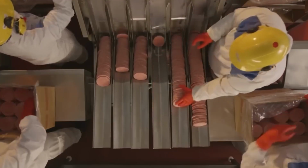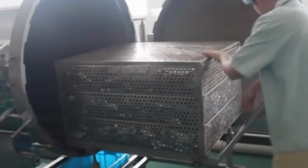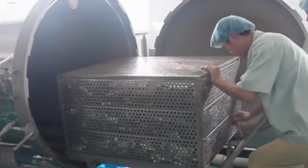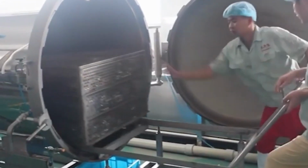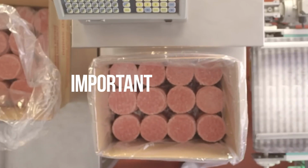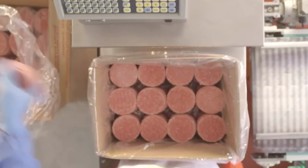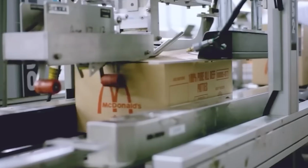Another important step in making sure the plant-based burgers don't go bad on the way is packaging. To prevent freezer burn and contamination, the patties are packaged in a vacuum-sealed container. Automated devices in the packaging process can seal hundreds of patties per minute. Important information, such as ingredients and best-by dates, are labeled on every package. After being wrapped, the patties are placed in boxes and sent to distribution hubs, from which they're distributed to McDonald's